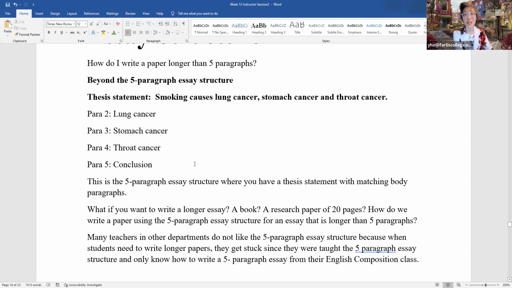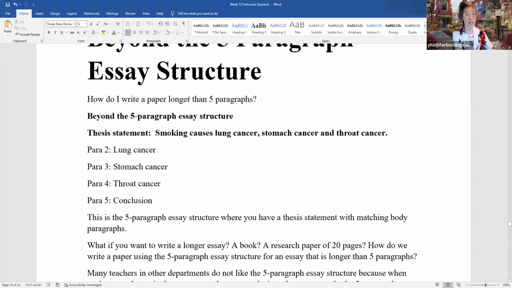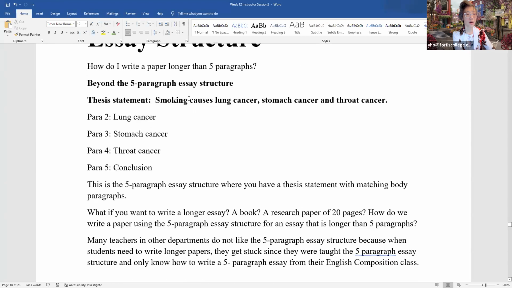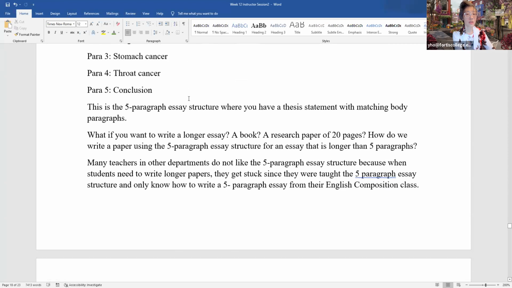So that's the paper that people write at the end of their senior year in college. That is 4 years of college. And you write five paragraphs of this one, 5 paragraphs of that one, 5 paragraphs of that one. 5 is about 10 pages, 10 to 15 pages for a capstone paper. In other words, a senior paper, senior thesis. And so that's the longest paper you're going to write in college. And so that's how we stretch the 5-paragraph essay structure into